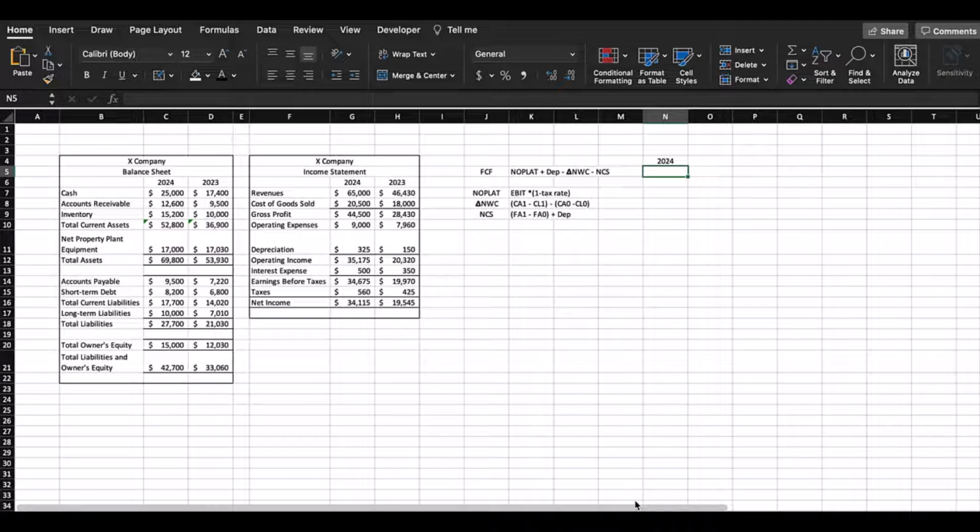So we can start by noting that the calculation for free cash flow is our NOPLAT plus depreciation minus change in net working capital minus net capital spending. And NOPLAT is EBIT times 1 minus the tax rate, and the change in net working capital is our current assets 1 minus current liabilities 1, so that would be the net working capital for 1 year, minus the net working capital from the previous year, so current assets minus current liabilities of that year. And our net capital spending is fixed assets from 1 year minus fixed assets from the year before, plus